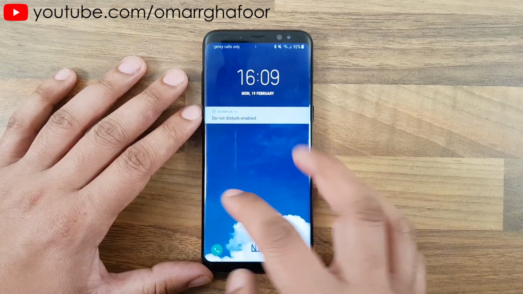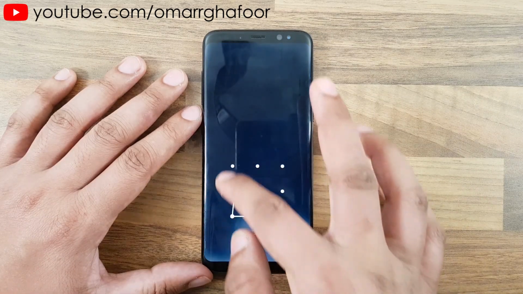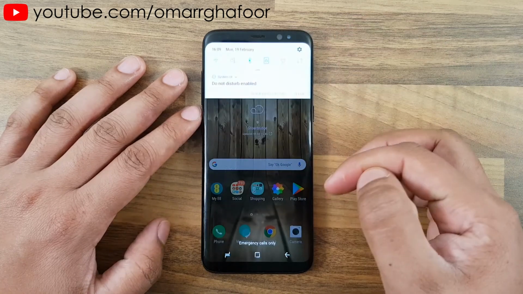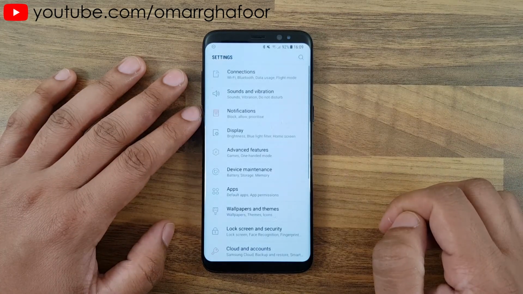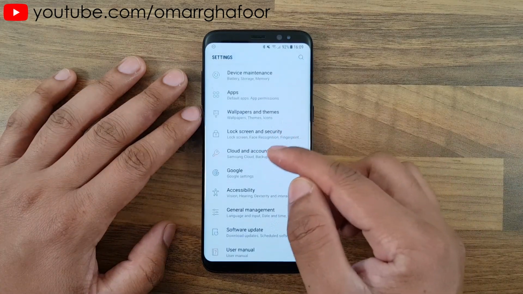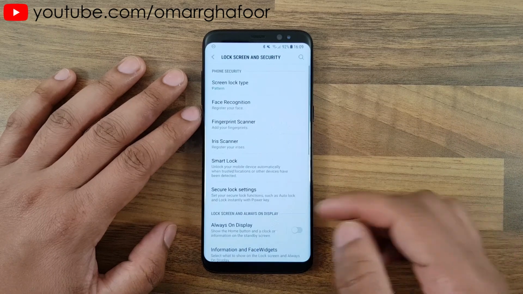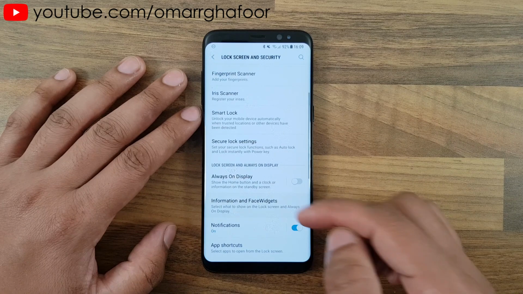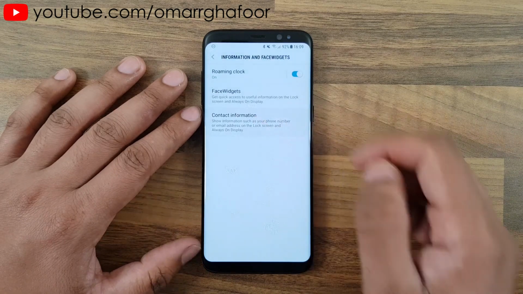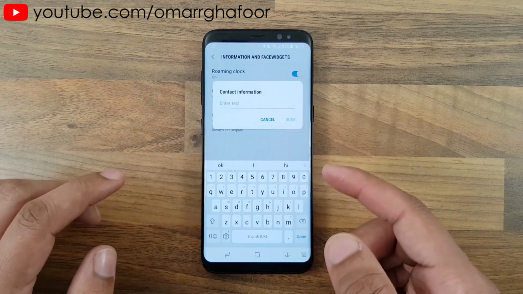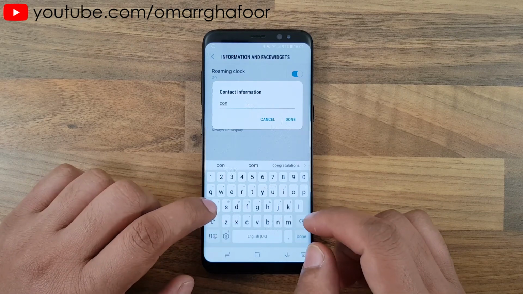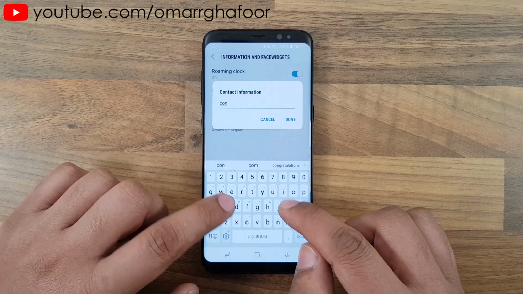So all you do is, obviously you need to have a lock set up. That's just mine at the moment. So first of all, you go into the settings menu, and then you go into lock screen and security. Then you go down into information and face widgets, and then contact information. Now here you'll put down whatever condition you have. So for example, if I just type in conditions,